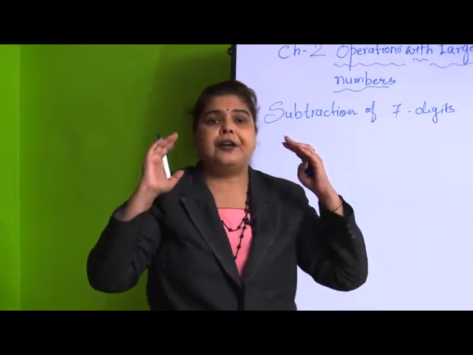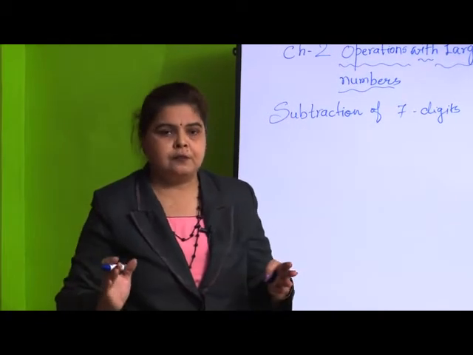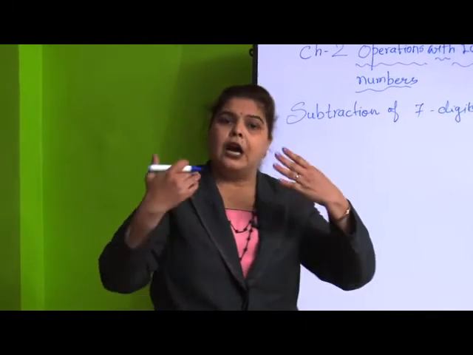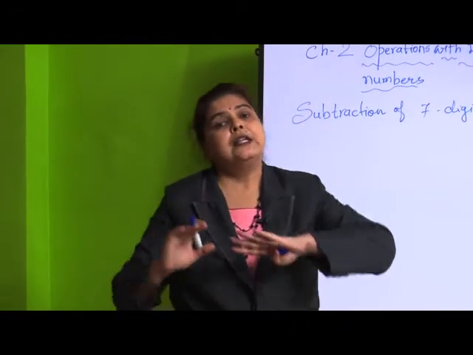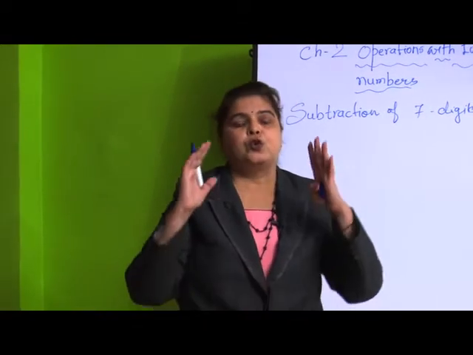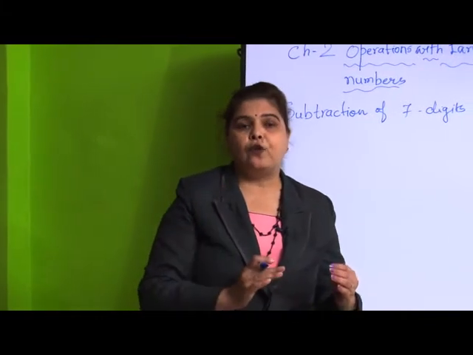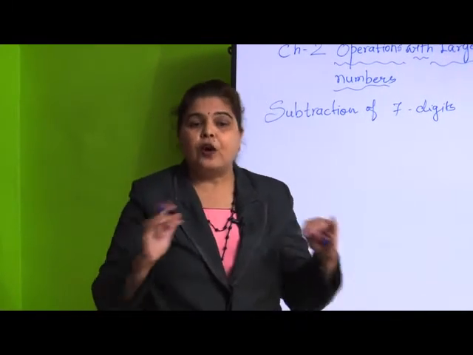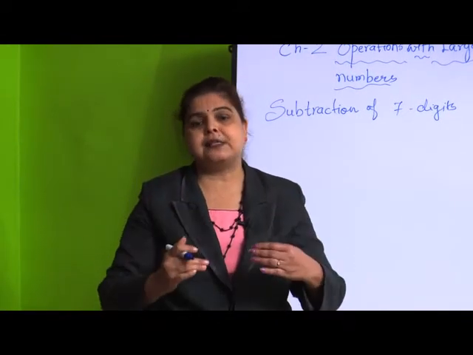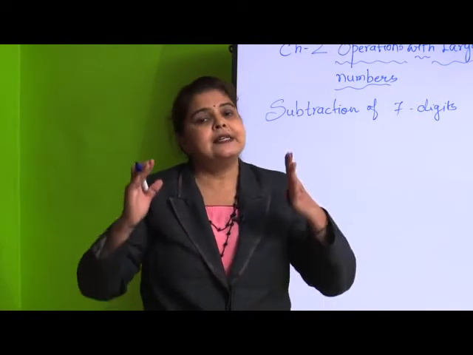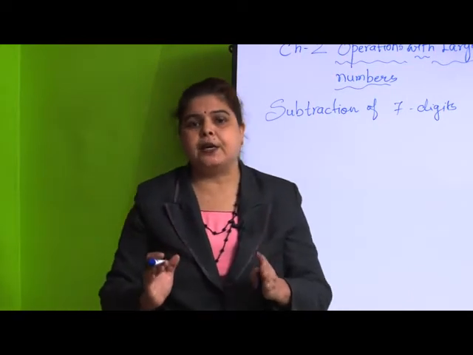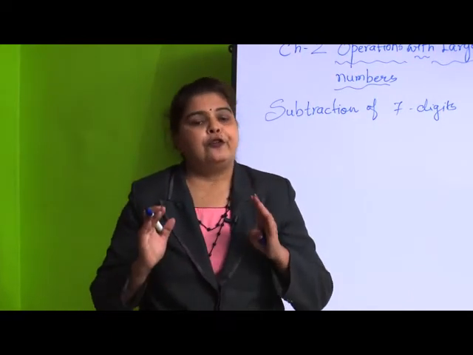So if I am having 10 mangoes in a box, and out of that I ate 4 mangoes, means there is a removal of 4 mangoes. So what have I done? Subtracted. So 10 mangoes minus 4 mangoes which I ate means what are the remaining mangoes? That operation is known as subtraction. 10 minus 4 is 6. How many mangoes are remaining in the box? 6 mangoes. So this I had given as a very simple example of a 1 or 2 digit number, so you can understand the concept very easily.